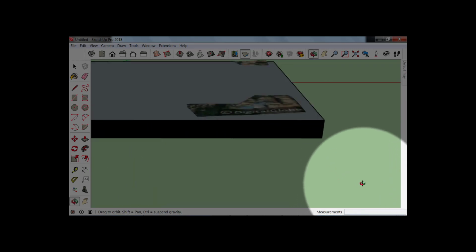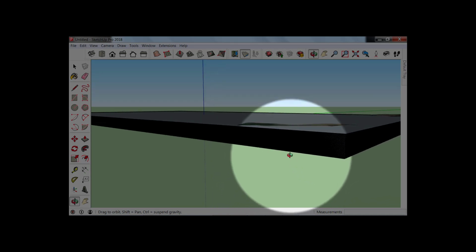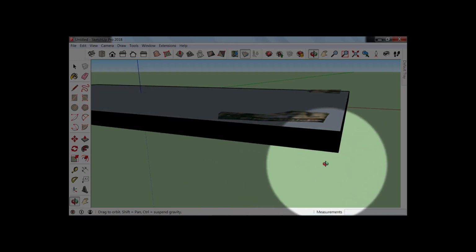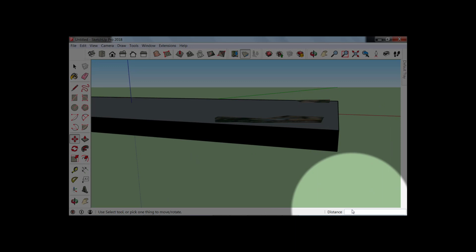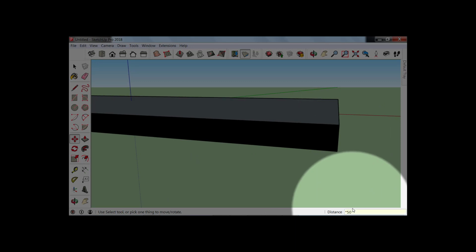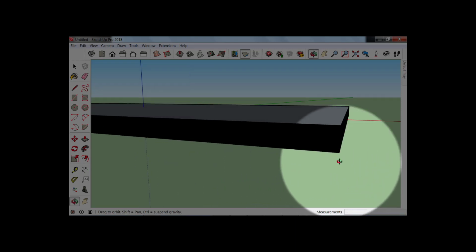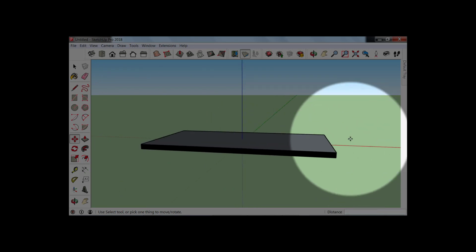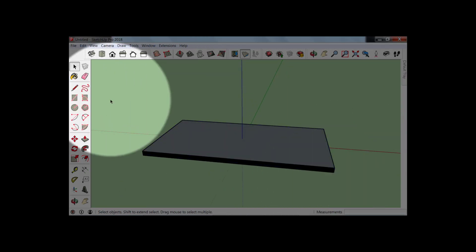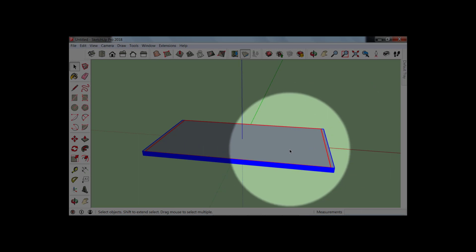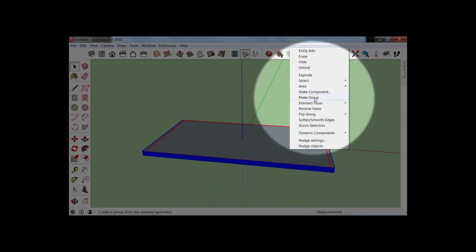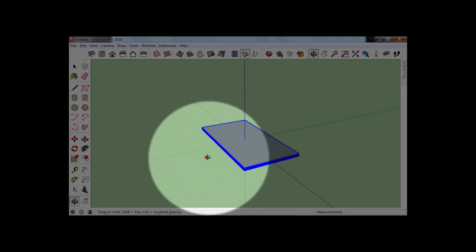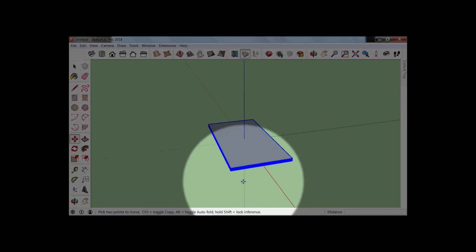So still you can see that it is not completely covered. So what you have to do is, until it gets covered, you need to keep adding. So 50 seems to be fine. Now go here, select the entire stuff, and then make it a group. Then move this to the side.